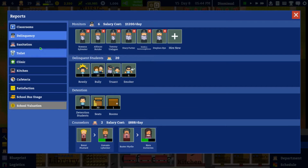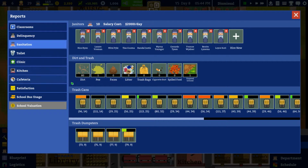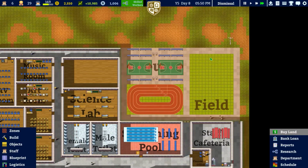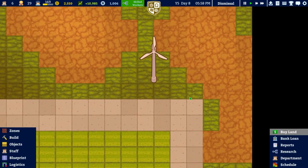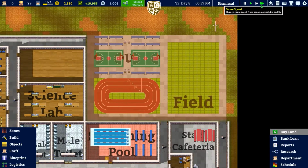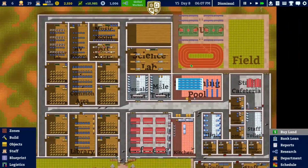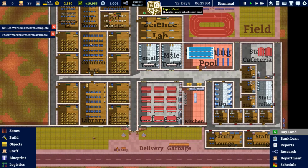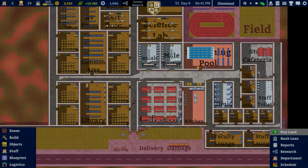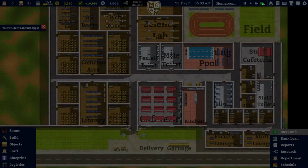In terms of the dirt, let's have a quick look at sanitation. We have 80 dirt in there and one unpaved bit of ground. There is our wind turbine, and you can see it is going around, not like any sort of RimWorld type thing where you have to specifically place it in certain ways or anything like that. It's just in. Anyway, skilled workers research complete, fast workers research available. That is fine. I will not do any because we only have 2,550, so we cannot get anything else, and I want to spend that money, to be fair, on...